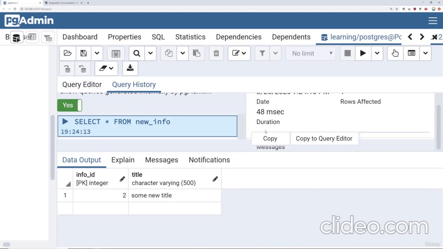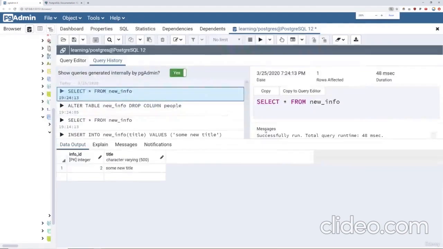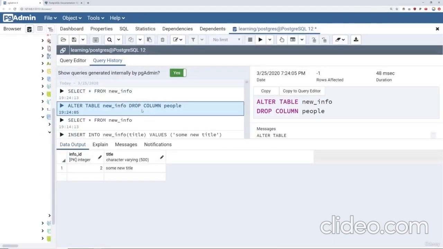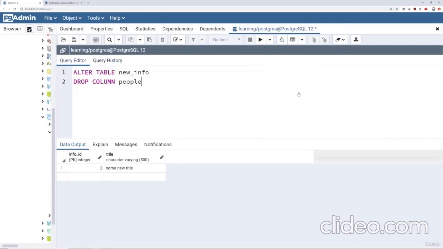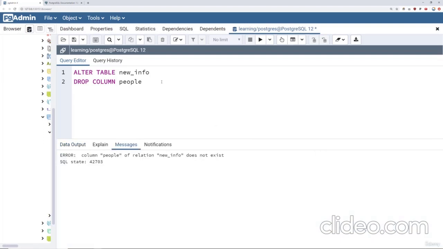Let's see what happens if we look at our query history and try to run that drop again. So I'm going to copy this to my query editor. This is the same thing we did last time, alter table new info, drop column people. Go ahead and try running this again. You'll notice you get an error. It says column people of relation new info does not exist. But if I add in if